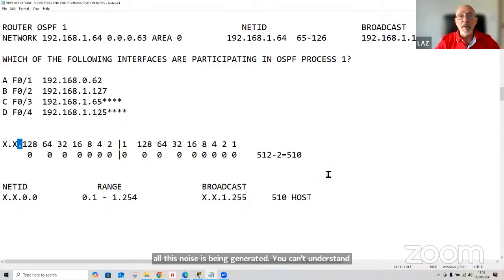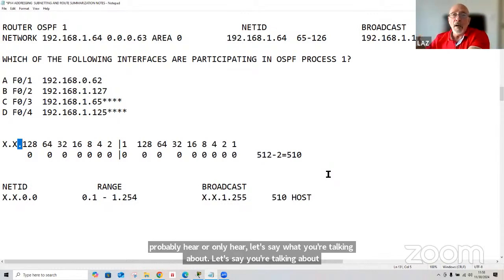So what do you do? You create 3 other rooms. You now have 4 rooms, and you take 25 people and put them evenly, 25 people in each room. Now it becomes smaller, with less noise, and you can probably hear what you're talking about. Let's say you're talking about networking, you're talking about security, you're talking about